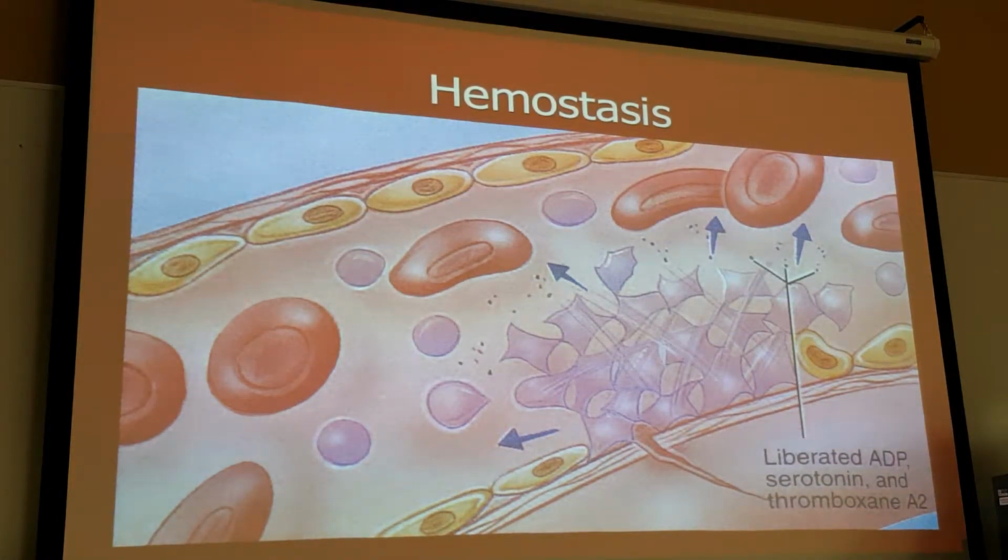all of the vessels in our body are lined with simple squamous epithelium, which is very smooth, okay? It's called endothelium in connection with blood vessels, simple squamous epithelium. A blood capillary, which is what we're showing here, is just a single layer of simple squamous epithelium with nothing else, okay? And so anyway,